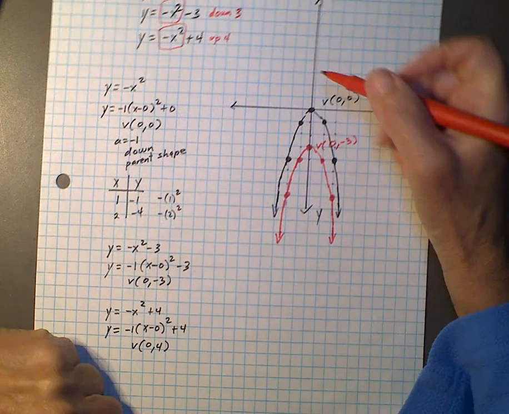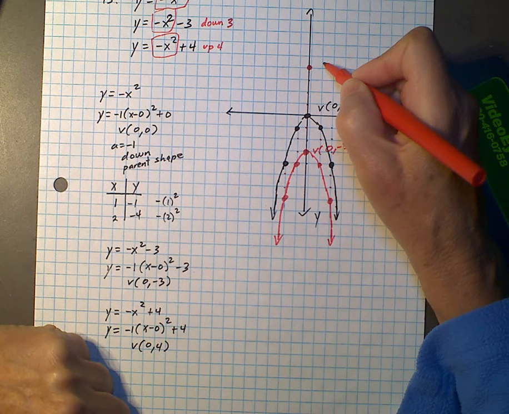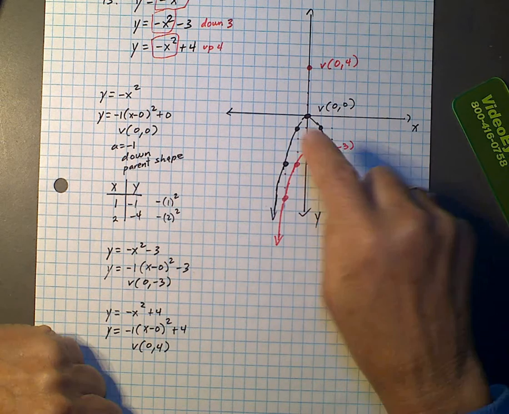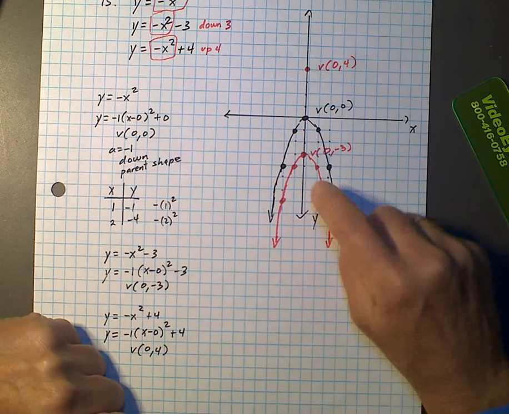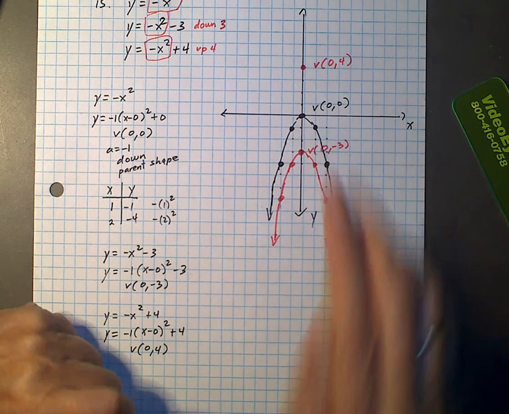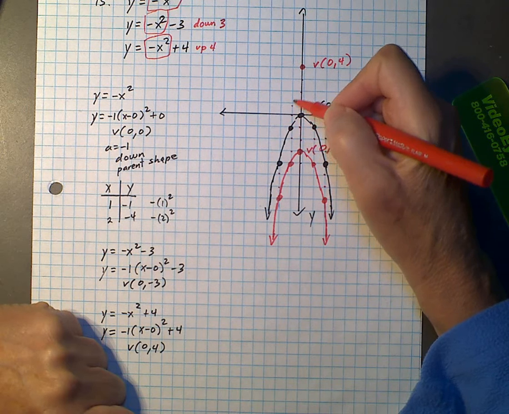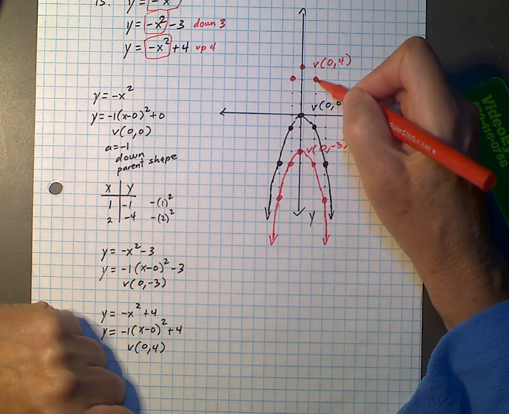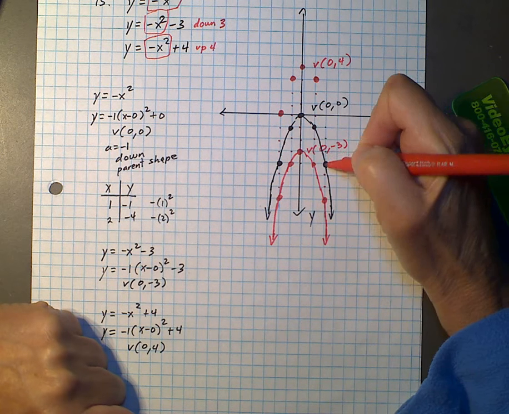So this one goes up to 1, 2, 3, 4. It has a vertex at 0, 4. And so I'm going to take every point on my original function, y equals negative x squared, and just shift it up by 4, because the vertex moved up by 4 and the entire parabola does. So if I move this guide point up by 1, 2, 3, 4, and this one by 1, 2, 3, 4, and the other guide points the same way,